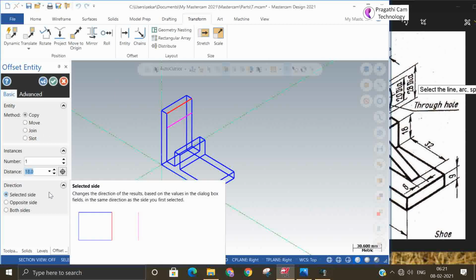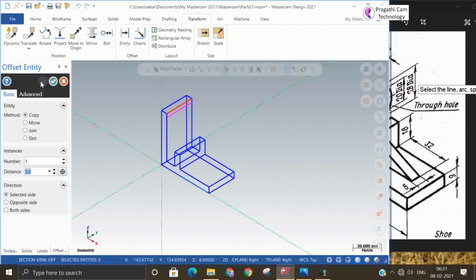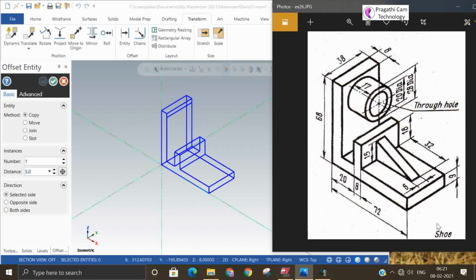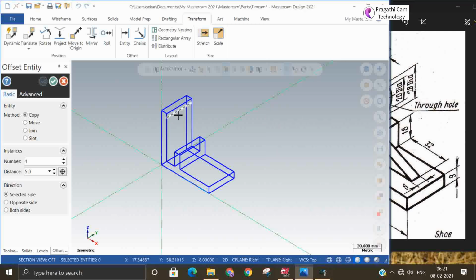So we can offset 5. Okay. Then I just approximately considered the gap as 5 mm. So this is 28 from the top edge. Okay. So it means 14 mm by offset. So offset 14 mm.